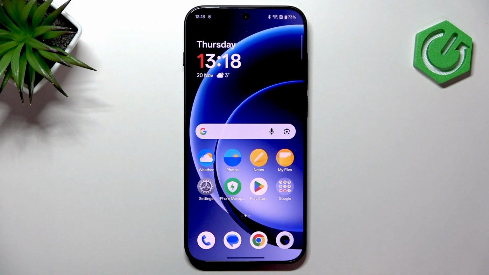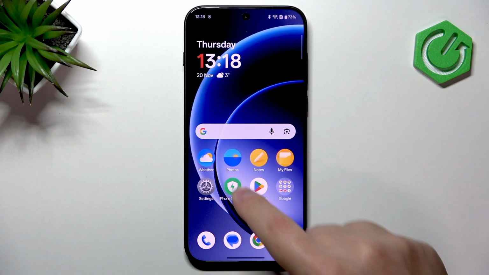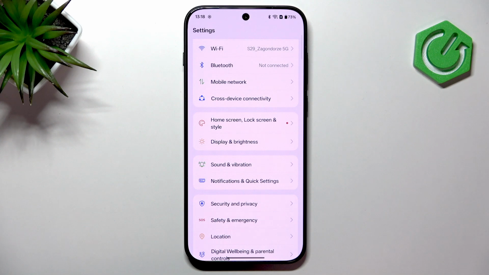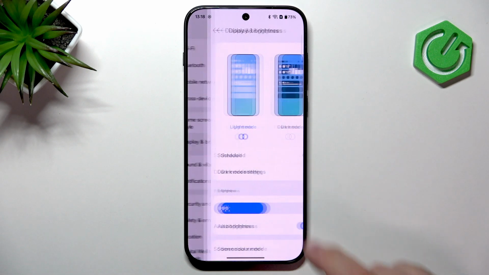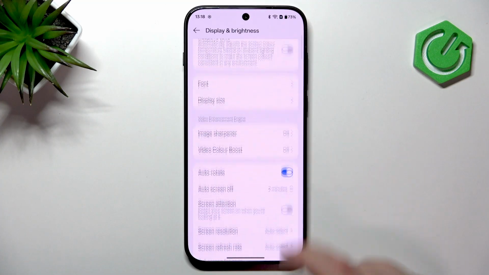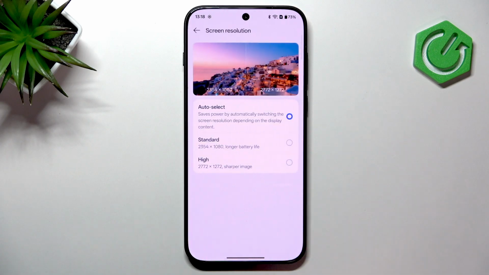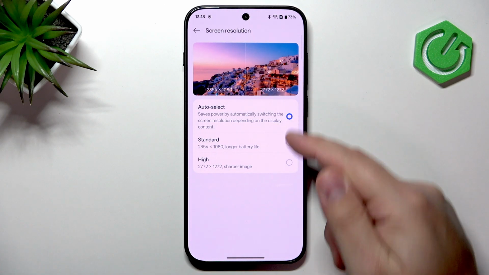So first we need to open the settings on our phone, so you can tap on the settings icon. In settings we need to scroll down and find the option called display and brightness, and once you find it, tap on it. And here, scroll through the menu and look for the screen resolution. Once you find it, tap on it of course, and as you can see by default auto select is enabled,